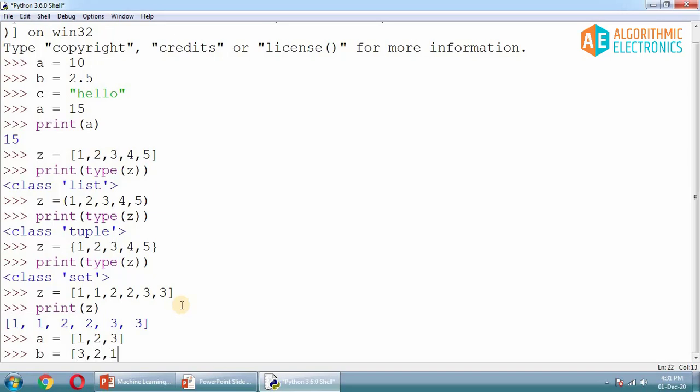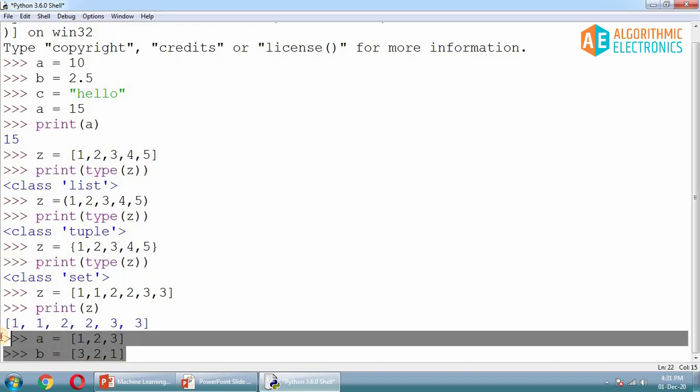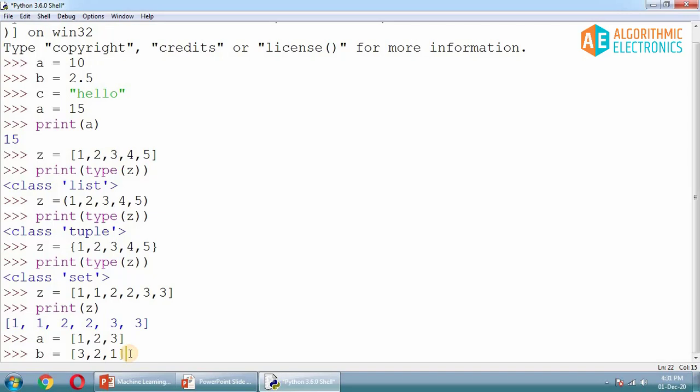If you clearly observe these two, A also stores 1, 2, 3, and B also stores 1, 2, 3, but their order is different. This is ordered in ascending order, or this is ordered in descending order, or you can even have 2, 1, 3, or 2, 3, 1, something.